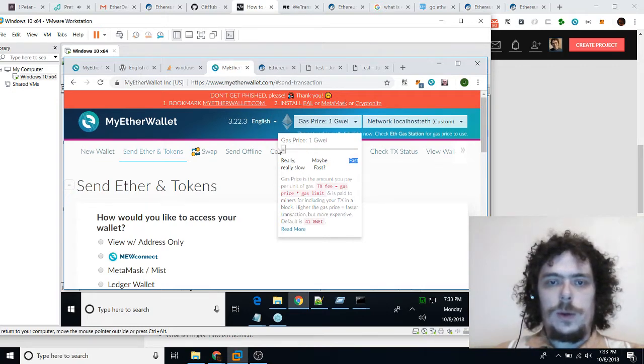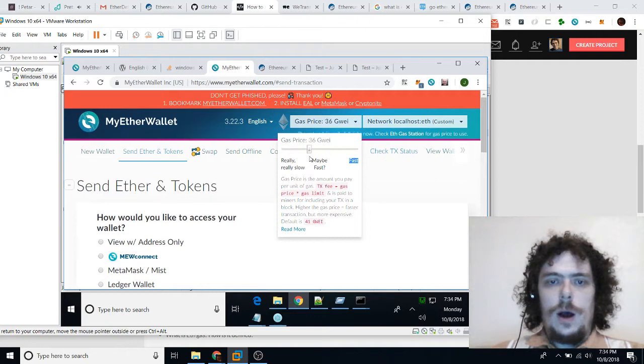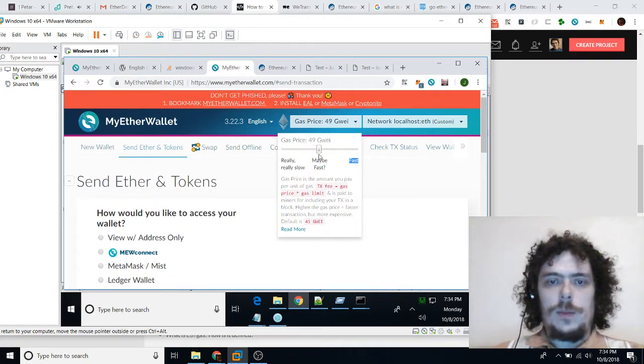And the slider goes all the way from 1 to about 50 on maybe fast, and 99 Gwei on fast. Now you can't set it any higher than that because MyEtherWallet is an interface and it only lets you set what it lets you set here. If you were using a different interface like MetaMask, which we'll see in a second, you'll be able to set a higher than 99 Gwei gas price, which is very helpful if you're trying to beat other people in a race to get tokens at an ICO or whatever you're trying to achieve that you have to do faster than everybody else that's doing it at the exact same time. So we'll set it at 50 Gwei.